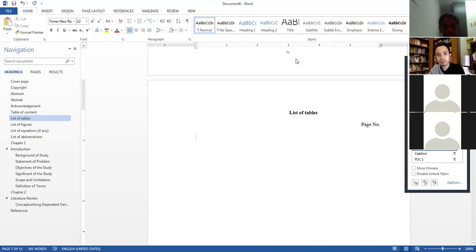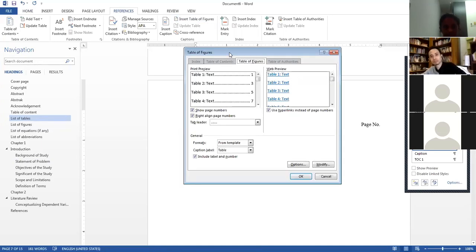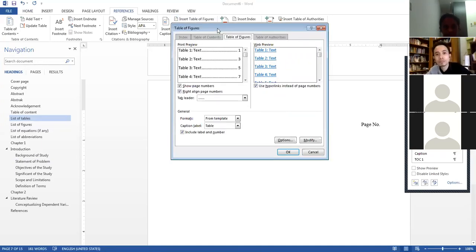To insert the list of tables, again you go to references, click references, and then click insert table of figures. Similar to earlier when we entered the table of contents, we change the tab leader into none. The caption label depends.